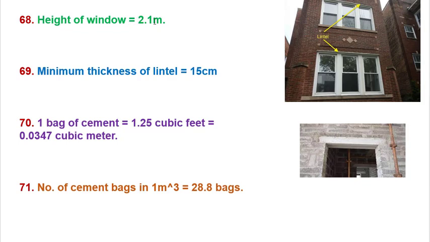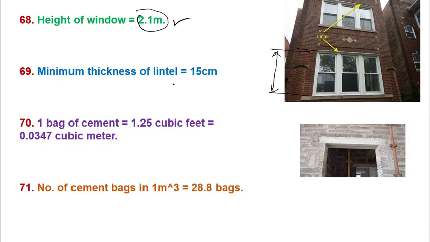The first point is that the minimum height of a window recommended is 2.1 meters. This should be the minimum height of a window, like from here to here, right? This should be 2.1 meters. And the minimum thickness of lintel,